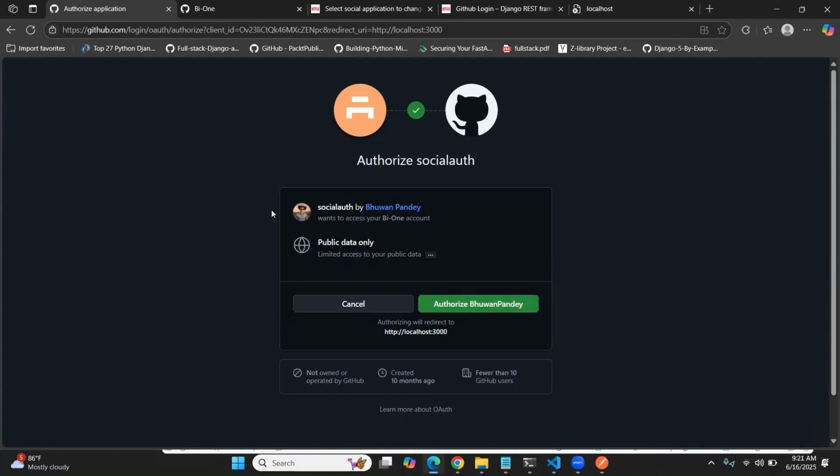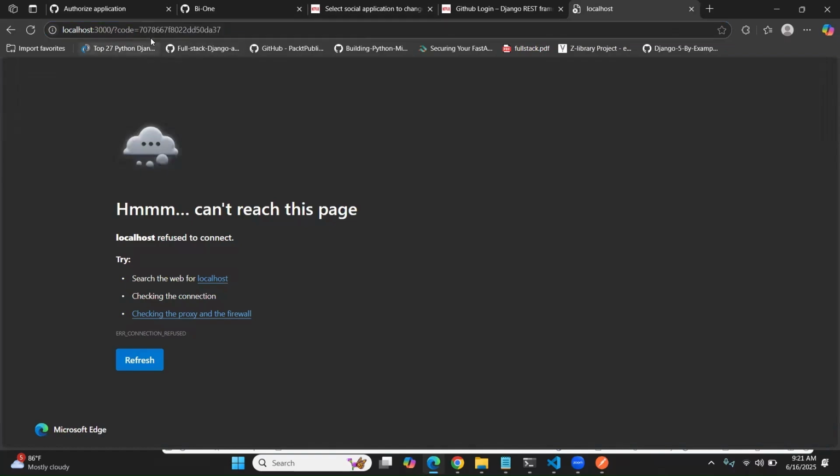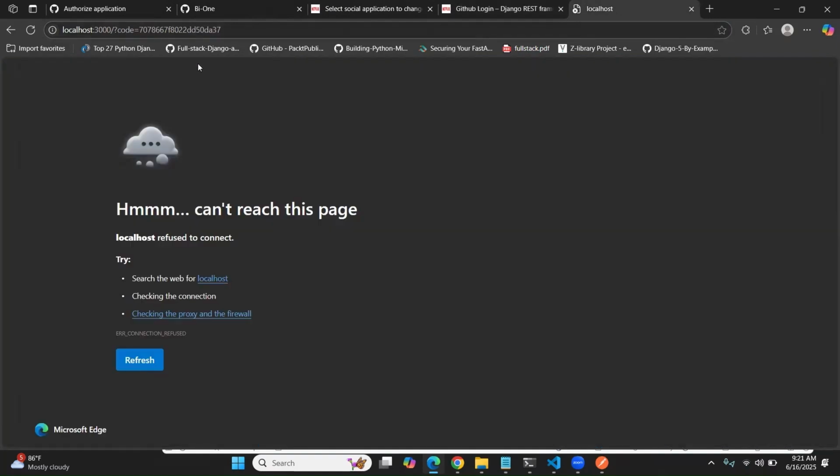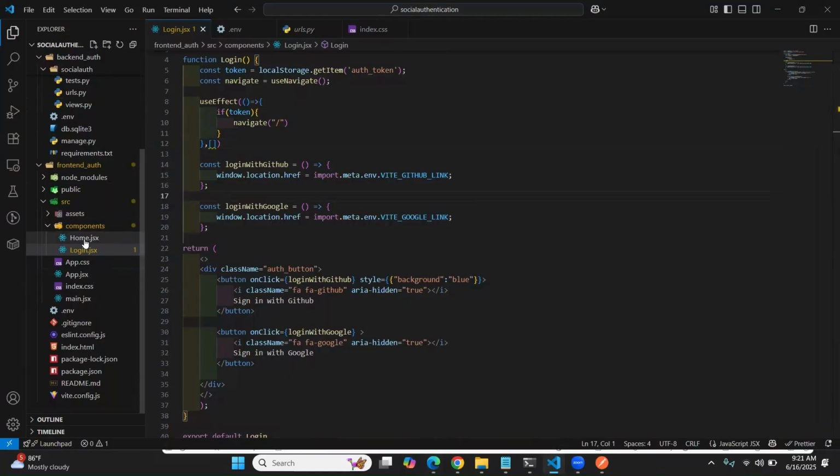Now when I click on sign in with GitHub, you can see it asks to authorize the social auth. So up till now it's working. Now let's handle the scenario when it redirects to localhost 3000 along with the code query parameter. Then we're gonna call this endpoint and send the code along with it. Now let's handle that scenario. So inside the home.jsx,